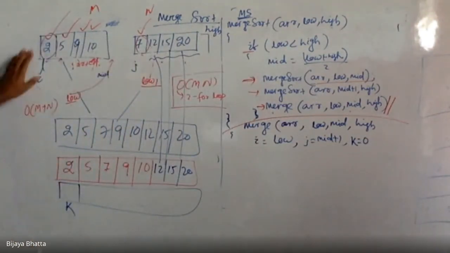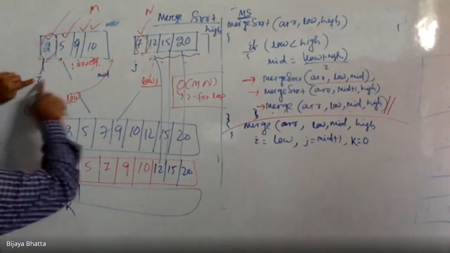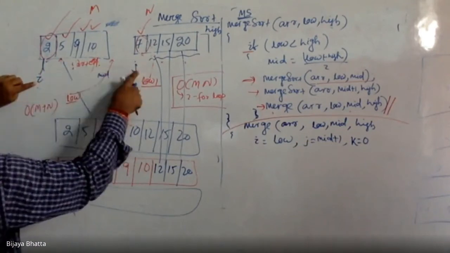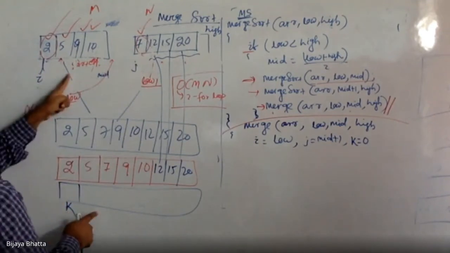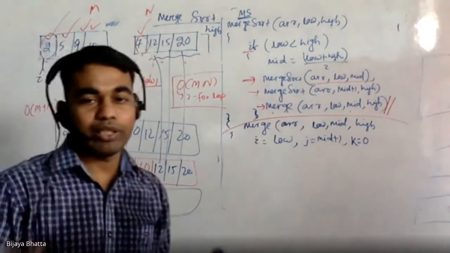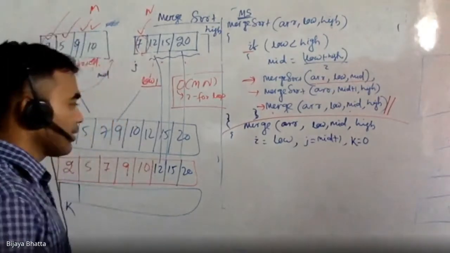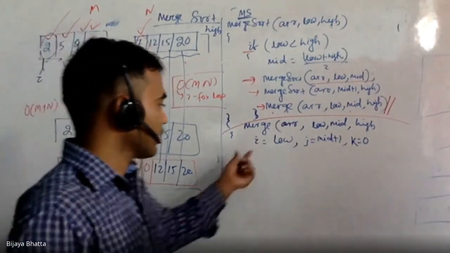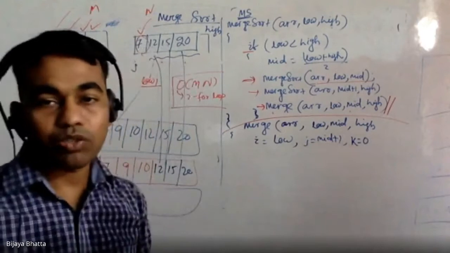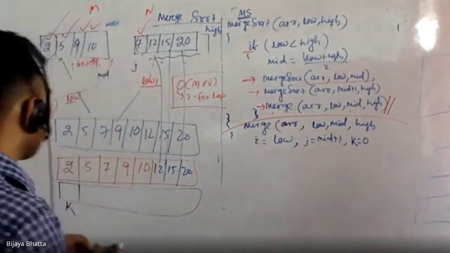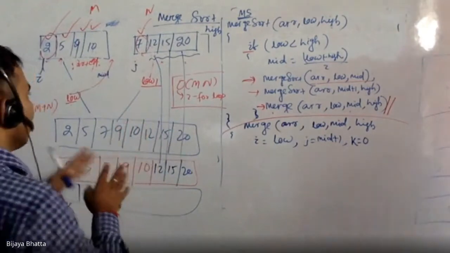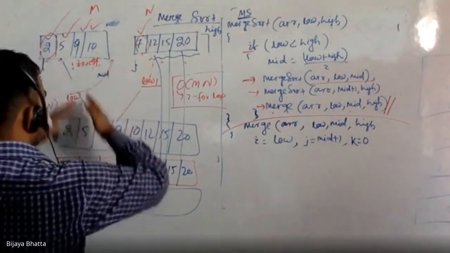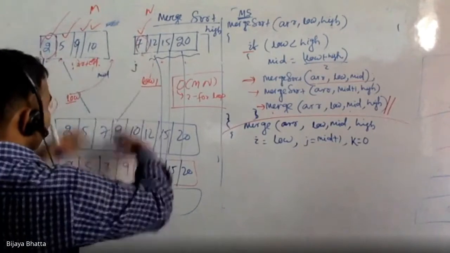Like if you compare this i and j, I'll repeat, i and j, whoever is smallest, just put it in k, and you will increment the k and increment the i. So that's what you will do, right? Once your initialization is done, you need to keep on continuing, because try to understand, we'll do it in two phases. First of all, comparison. You will compare, and whoever is the smallest, you will keep on adding, right?